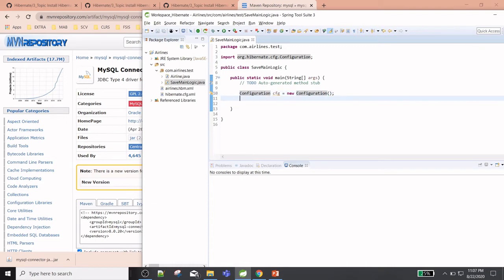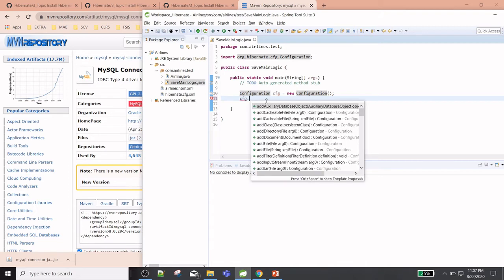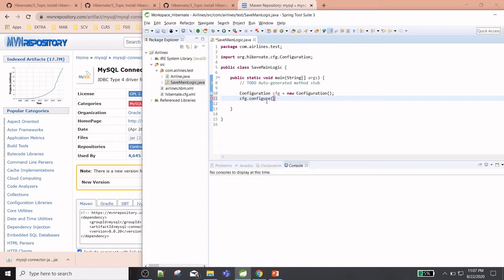And we need to pass the object cfg dot configure method, and we need to pass our HBM file name. That's it. And we need a session factory object after that.